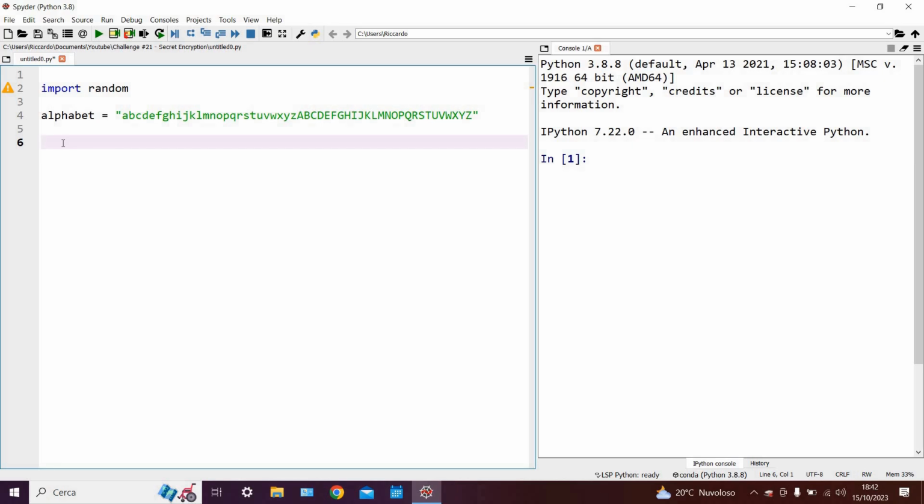We can start by importing the random library and setting a global variable called alphabet, which contains all the letters of the English alphabet in lower and upper case. Then we can write define encrypt of plain text and key. Then we can say ciphertext